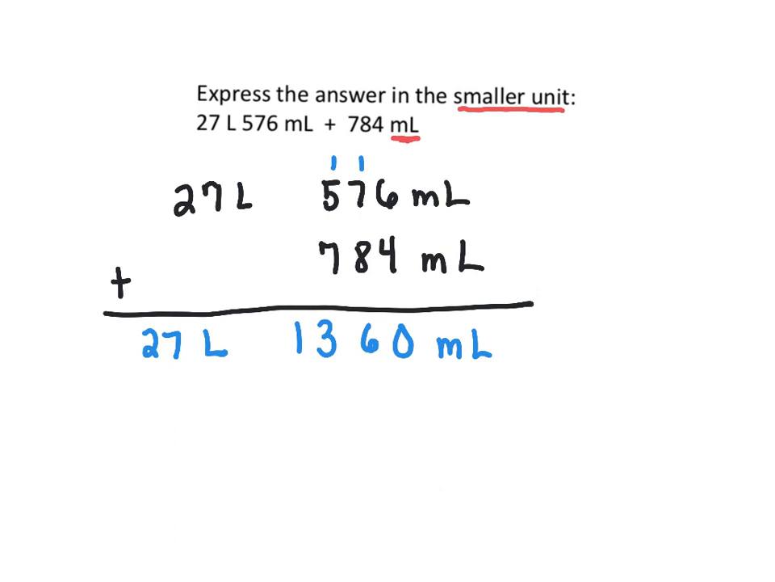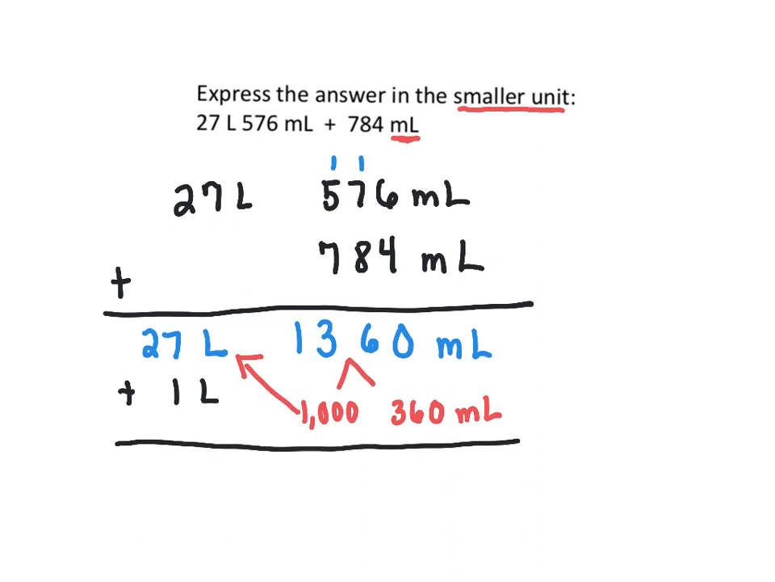So now automatically what I see, I need to pull out 1,000 milliliters. I can't leave my answer like this. So I'm going to pull out 1,000 milliliters and give 1 liter to the other side, because 1,000 milliliters is equal to 1 liter. So once I pull out 1,000, I'm left with 360 milliliters. And when I pull out 1,000, I need to give this guy 1 liter. So now I'm left with 28 liters